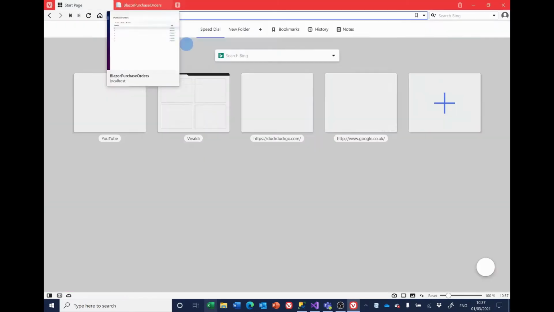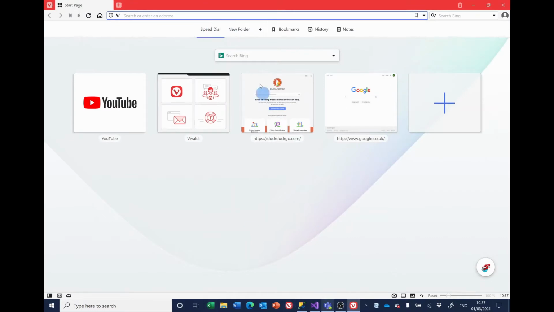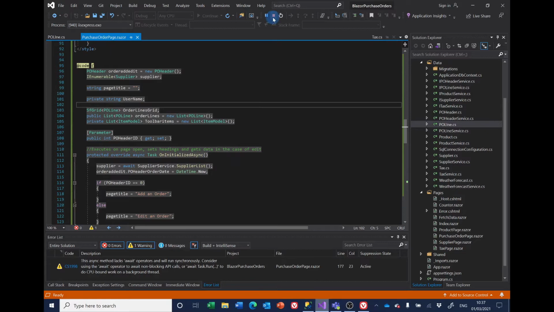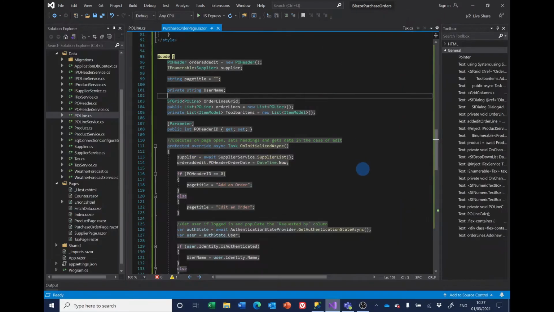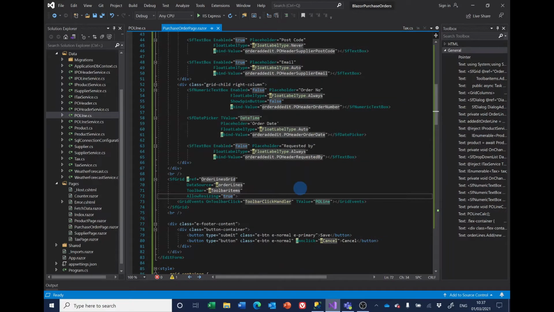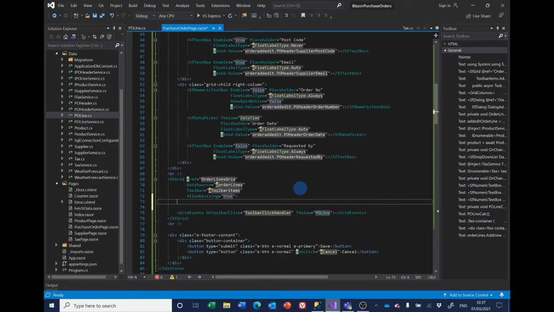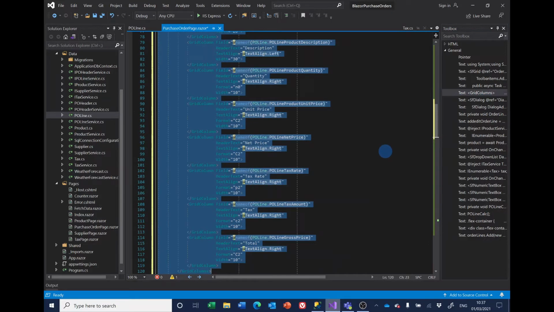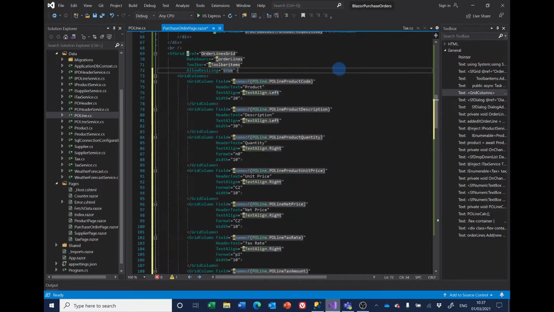So the next stage is to go back and handle that. So let's close that and go back to the code. So in the grid, we want to put all the columns. So let's grab the code I've already got, place it in here,